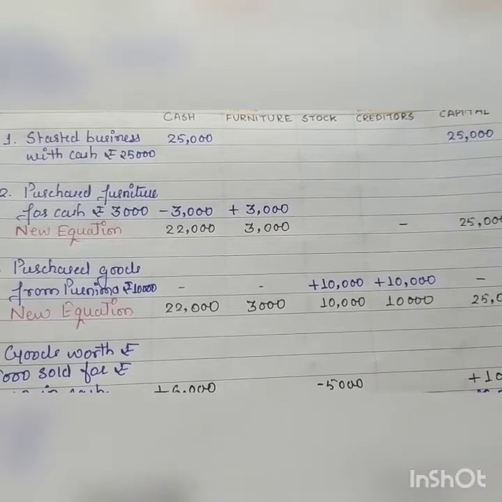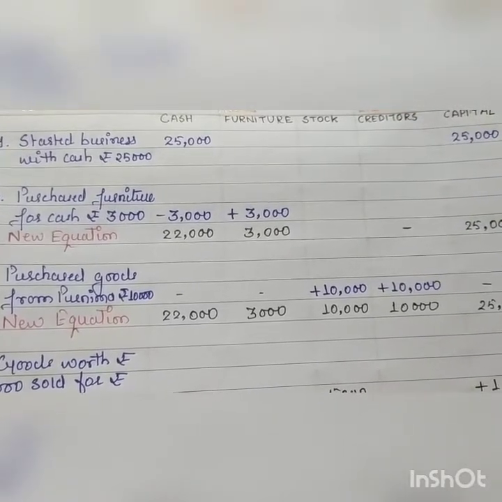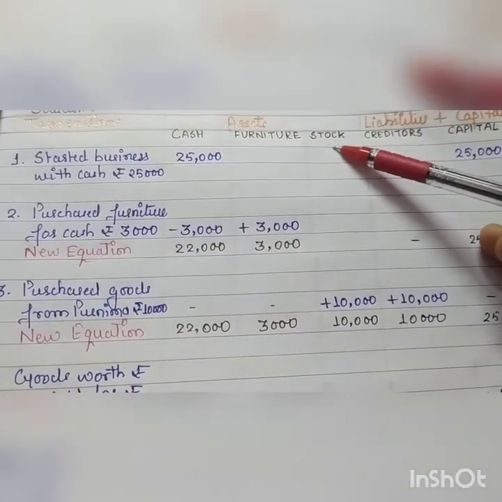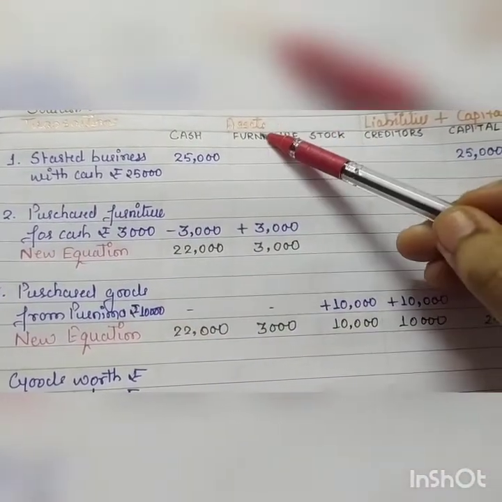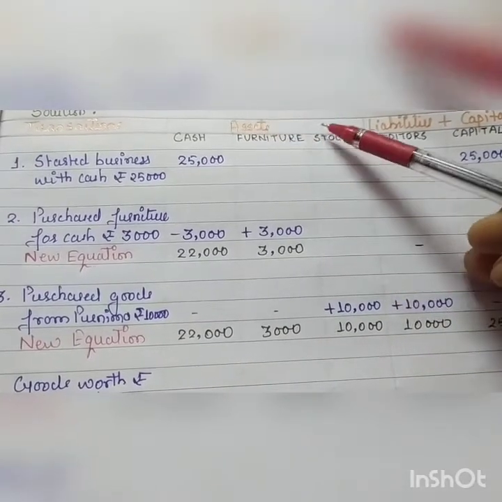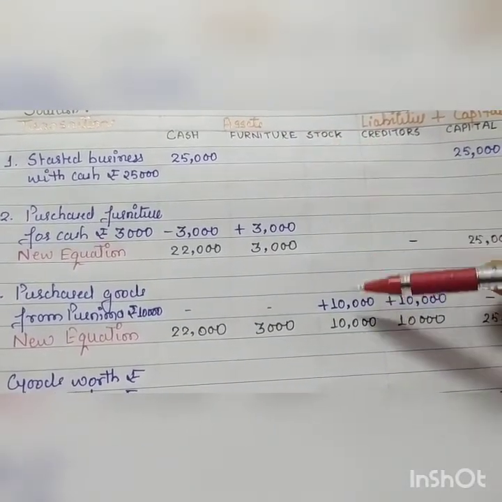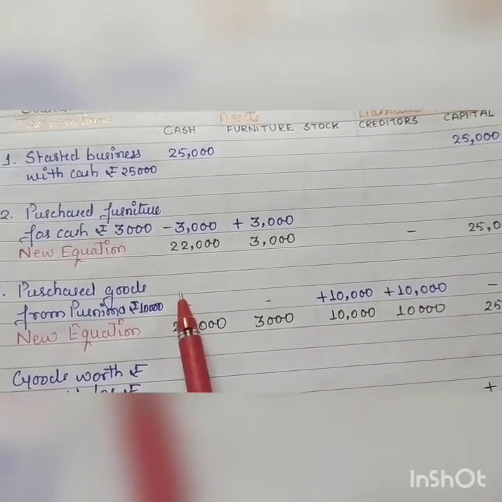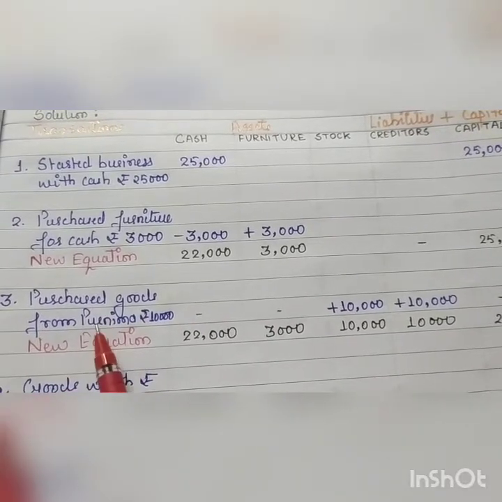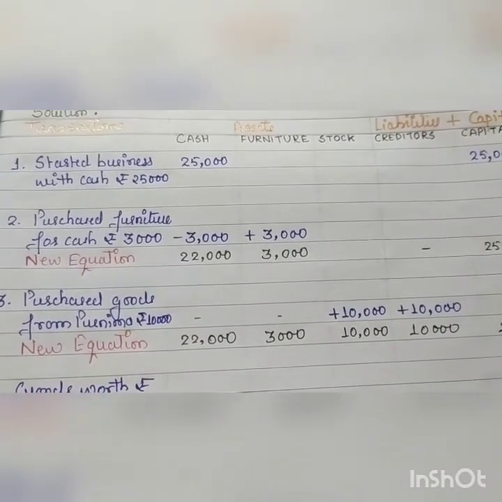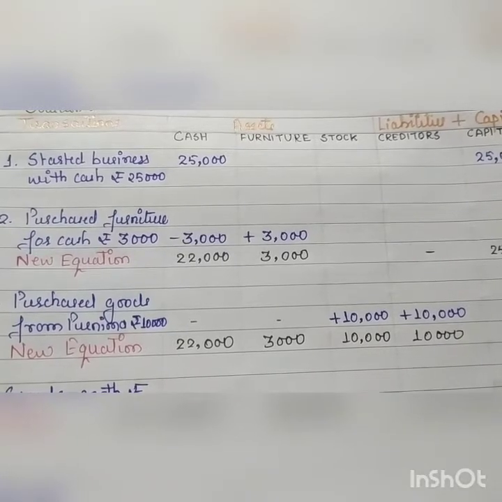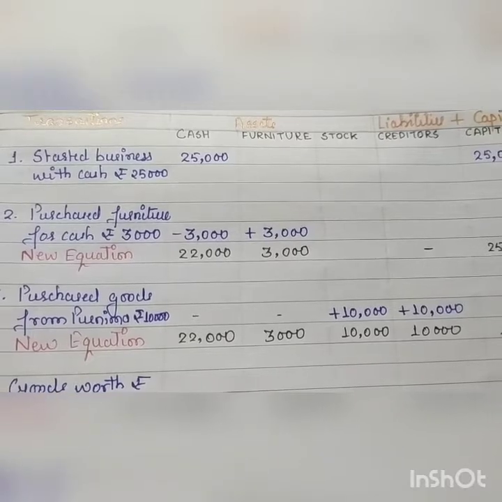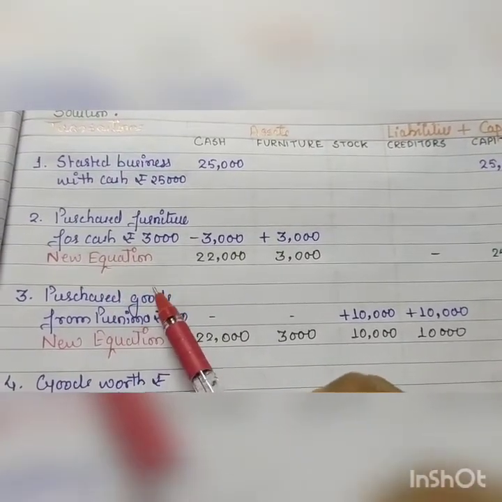Third transaction, purchase goods from Purnima rupees 10,000. This goods will be called as stock. Okay, this is also an asset for you. You will create a column under asset side, name stock. Students, here the word cash is not mentioned. Instead of that, one name is given. So whenever you find name instead of the word cash, it would be a credit transaction. Okay, so whenever you purchase goods on credit,